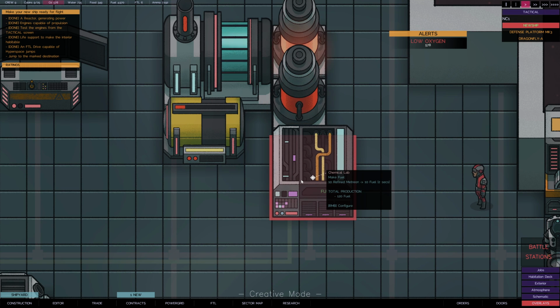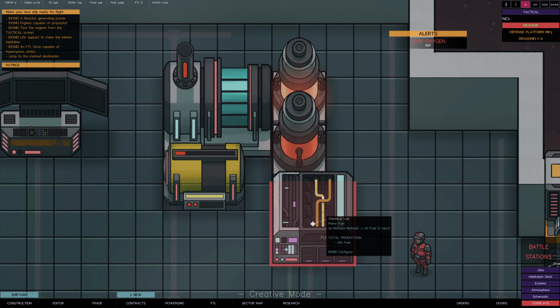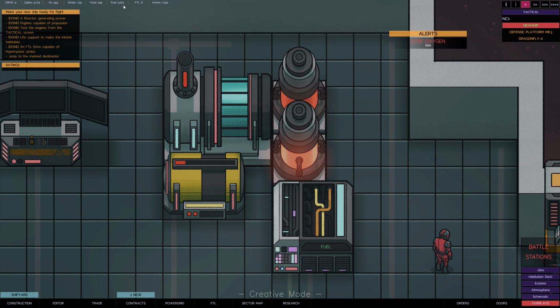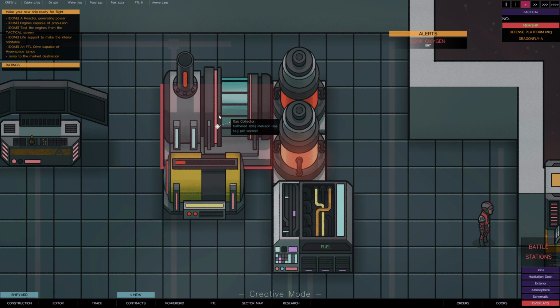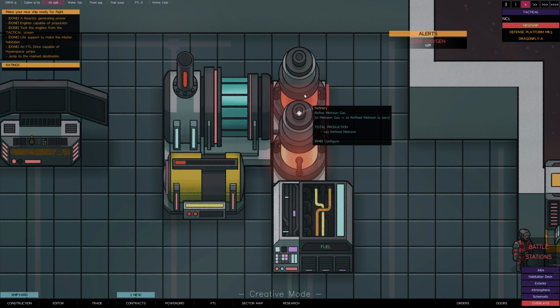So it takes 10 refined Metreon and will produce 10 fuel every 2 seconds. It's already produced 150 fuel, so fuel should be going up. On top is 5,000 fuel. So 12.3 per second. The refinery will take 20 Metreon gas and turn that into 10 refined Metreon